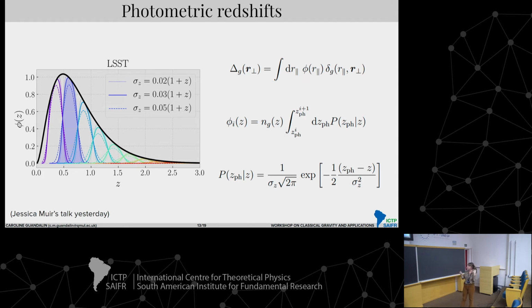And if you miss this radial information, so if you are blurring the galaxies along the radial direction, the presence of these photometric errors is acting as a sort of redshift-space distortion because you don't know exactly where you're placing the galaxies, so you're blurring things along the radial direction. And when we don't have this kind of information, we usually project the galaxy field, the three-dimensional field, with this selection function along the radial direction, and we work in the tomographic bins that surveys like DES do.